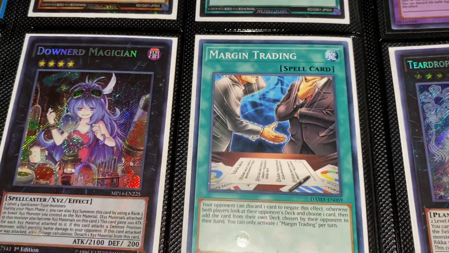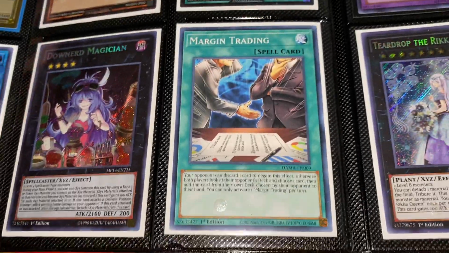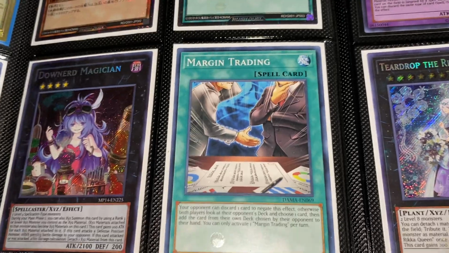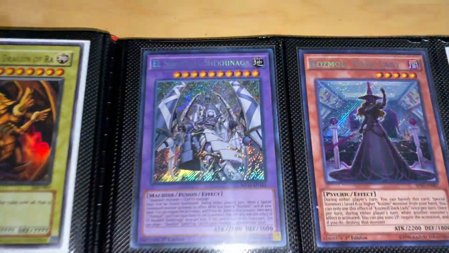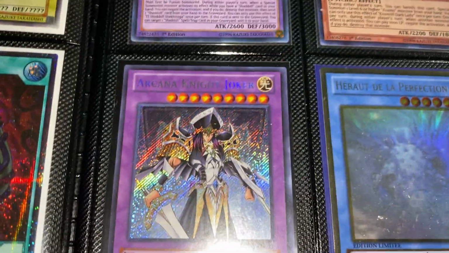And I don't know, I think that's really cool that they added that in, because I think that's the direction these cards are heading. I think a lot of investor type money's coming in where they are kind of being treated like stocks a little bit, and that's why I just love this card, even though it's so common and worth like 10 cents. But anyway, we got the El Shaddol, we got the Cosmo Dark Lady, Cosmo Dark Planet,